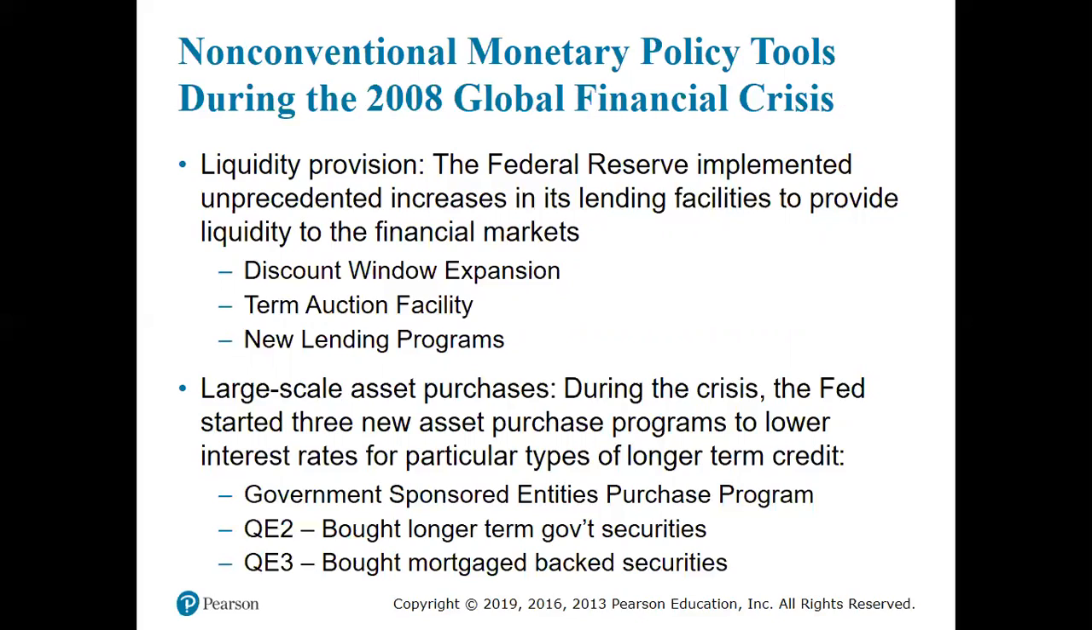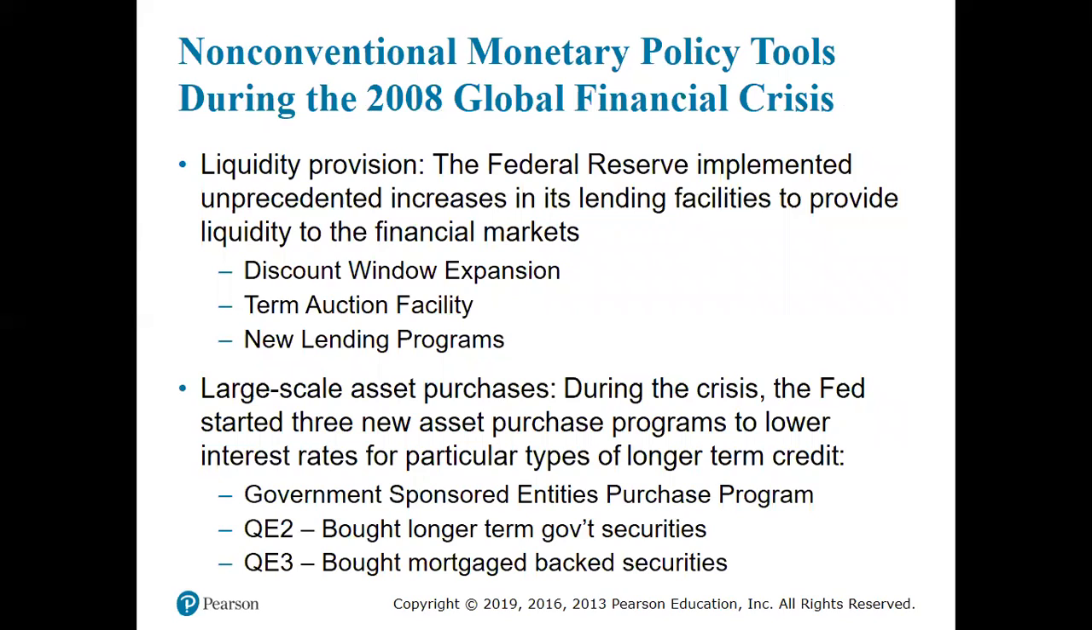They had term auction facilities. Again, that was borrowing for banks, and various lending programs for banks and non-banks, which we'll talk about in a little more detail in an upcoming slide. They made a bunch of different lending facilities available to various parties in the financial marketplace, banks and non-bank enterprises. Now, they also came through with large-scale asset purchases,